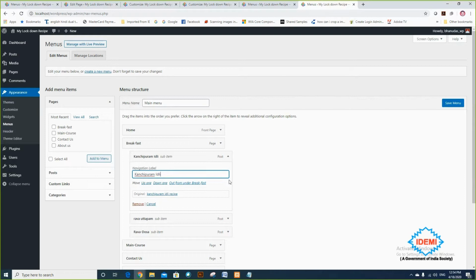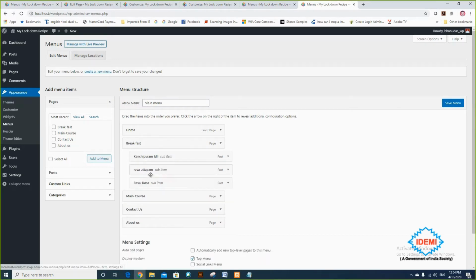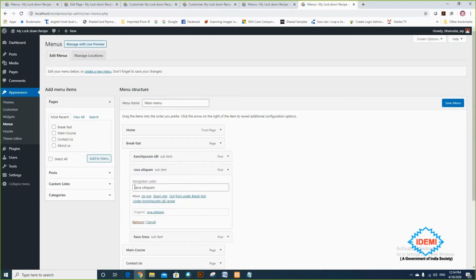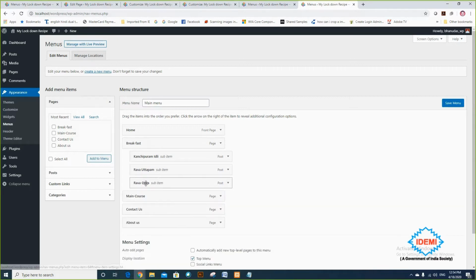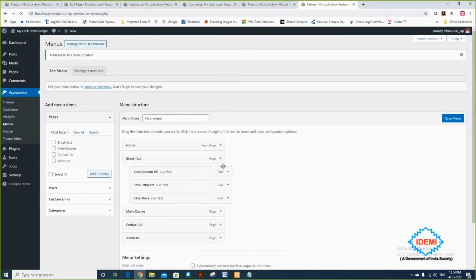Okay, I don't want to write the recipe here. Okay, and once I complete, for example, Ravadosa needs a capital R. I'm choosing capital R here, capital U here. Whatever may be there, the permalink is there. Don't click on remove, otherwise it will remove that. So Ravadosa is okay, and I'm saving this menu again. So I can modify the label of the menu.